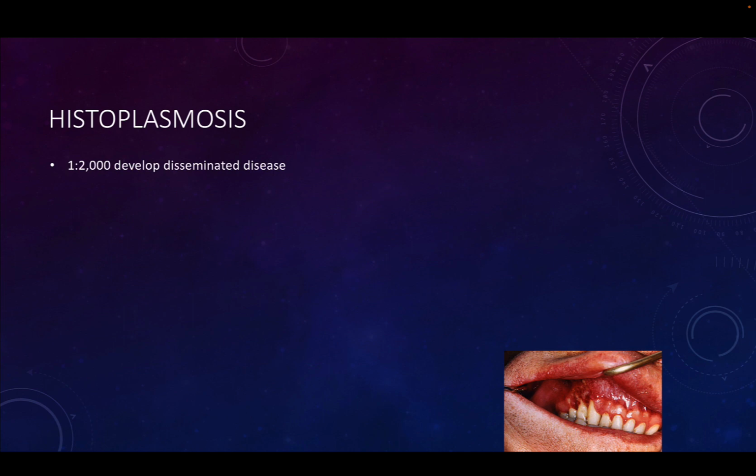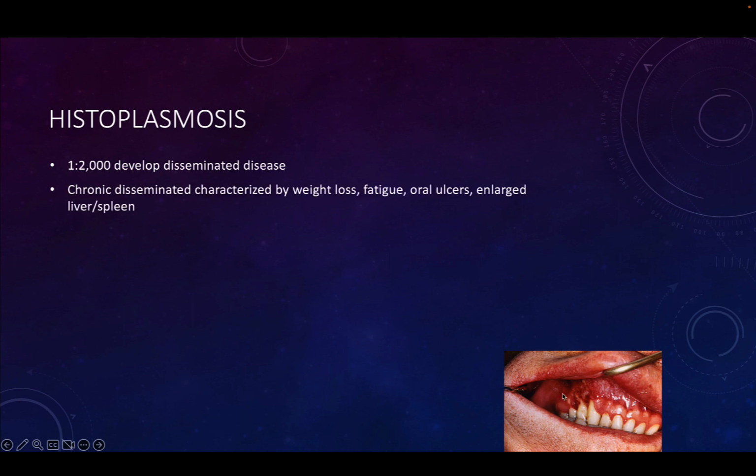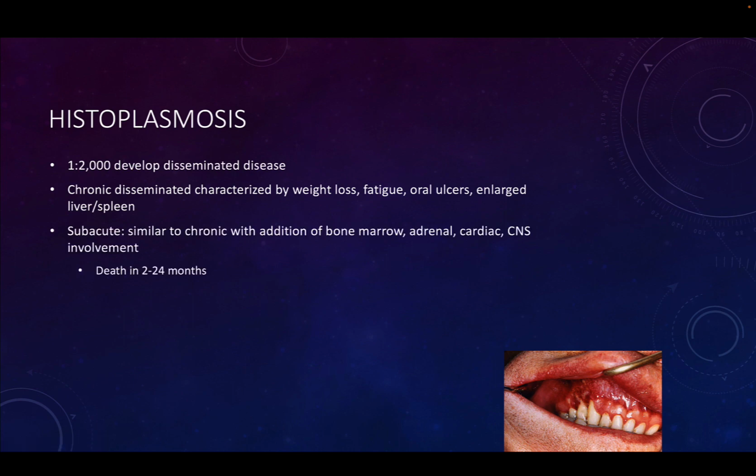1 in 2,000 patients will develop a disseminated disease, and it often will go to the mouth. So you'll have oral ulcers, but you can have patients who experience weight loss, fatigue, an enlarged liver or spleen. Patients who develop what's called a subacute infection have similar symptoms to patients who've developed the chronic infection, but the fungus will go to the bone marrow, the adrenal system, the heart, the central nervous system, and this often